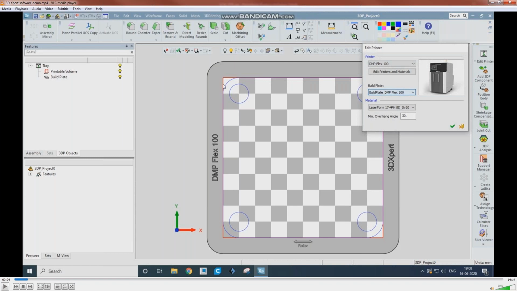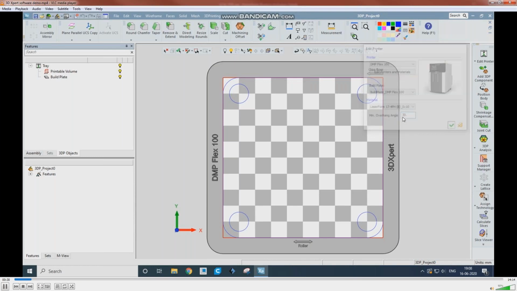And build plate also. The blue color one is the build plate. The build plate is DMP Flex 100. Okay, and the material is LaserForm 17-4 PH, stainless steel, and the minimum overhang angle is 30 degrees.